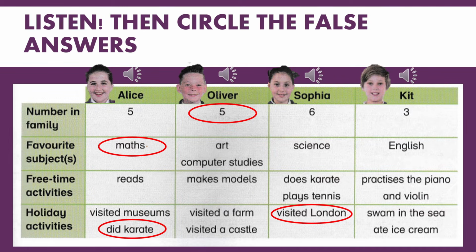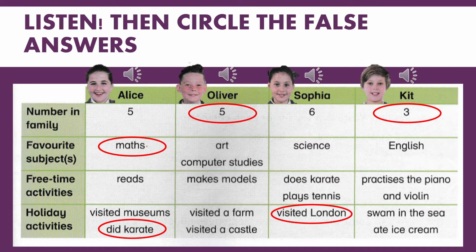After listening to the audio, what is the false information that you can identify? If you listen to the audio given by Kit properly, it is the number in family. So just now Kit mentioned that he has only parents and also a sister living with him. So including himself, the total number of people in his family is only 4.